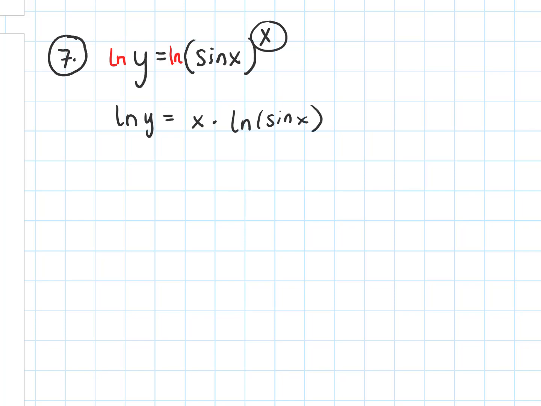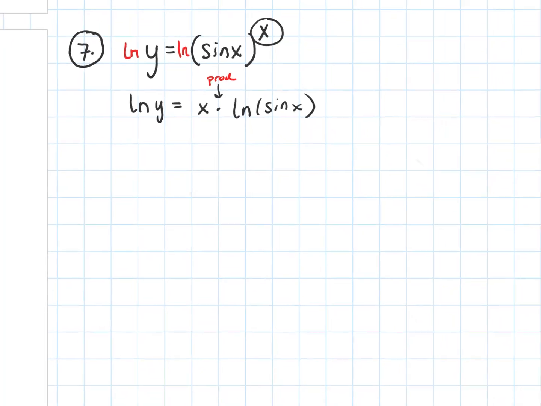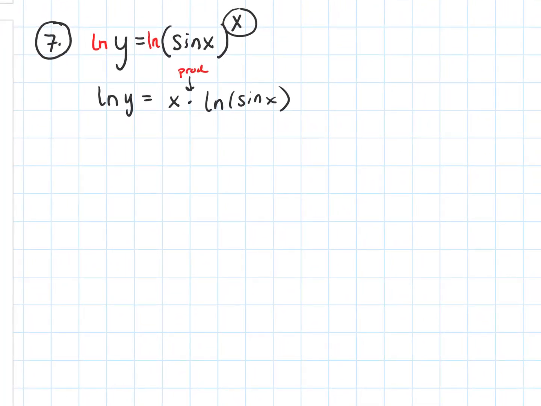And now, all of a sudden, I can take the derivative because I no longer have a function to a function. I have a product. So notice right here, simply with those rules of logs, I have created a product, and I can take the derivative. So we'll take the derivative of both sides, implicitly. Taking the derivative, we're going to end up with 1 over y dy dx. This side we have to apply the product rule, so 1 times the natural log of the sine of x